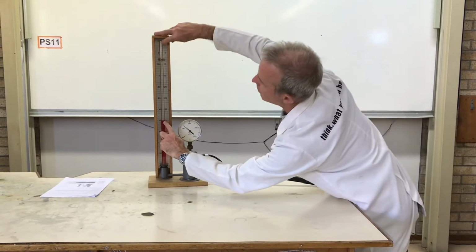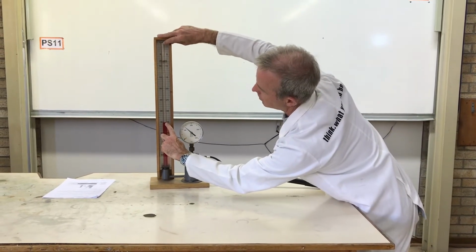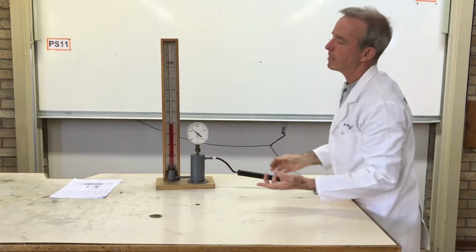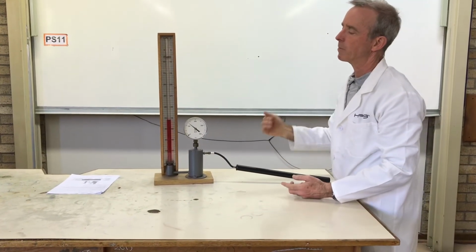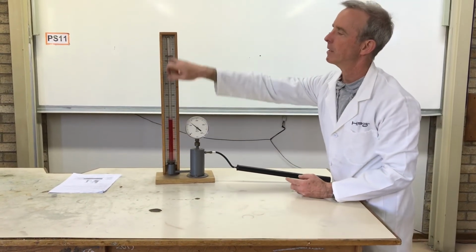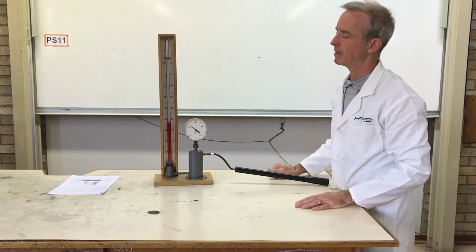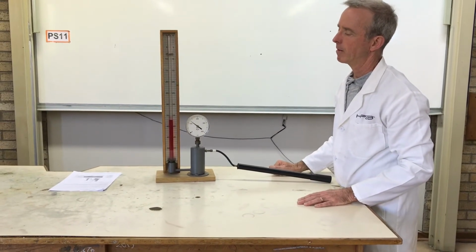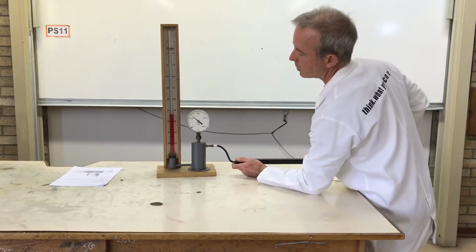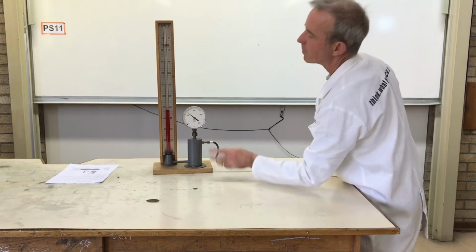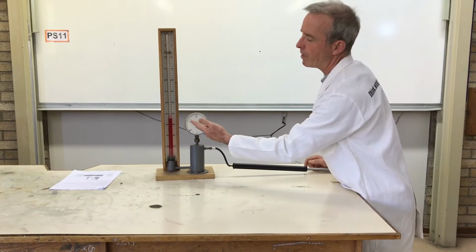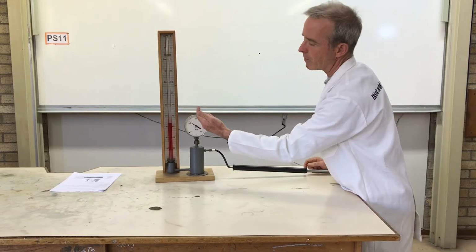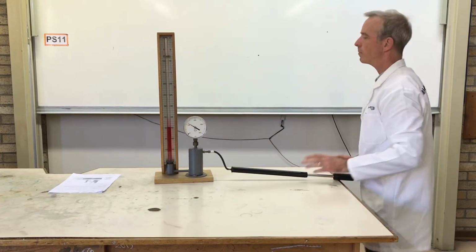What happens to the volume of the gas inside the tube? And you can see that the relationship is an inverse proportion. As the pressure is increased, what is happening to the volume of the gas inside is it's decreasing. And now what I will do is I will post a couple of readings of 100, 200, 300, and what you need to do is then put those readings